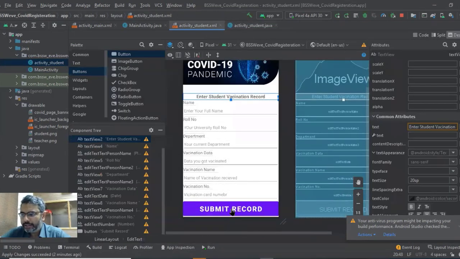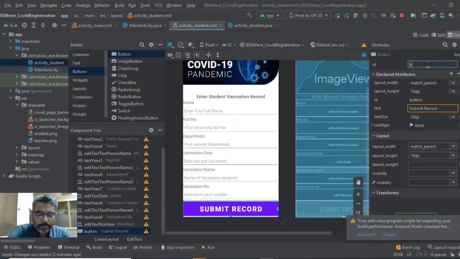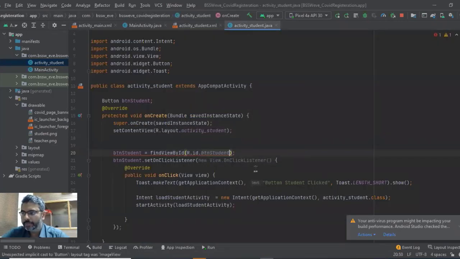हमने कहा सबर करो, XML में आ जाते हैं। सबमिट रिकॉर्ड पे गए, मैंने कहा इसकी आईडी जो है, बटन को चेंज कर दो, btn_submit, सबमिट कर दिया मैंने। फिर वापस एक्टिविटी जावा में गए, यस रिफैक्टर कर दो, इसको बटन सबमिट कर दिया हमने, होपफुली एरर गायब। सेम कोड।